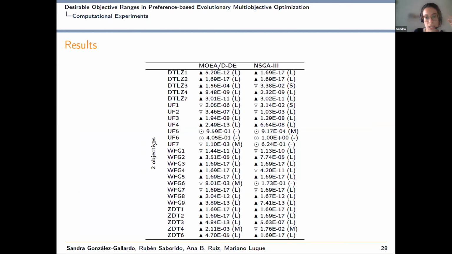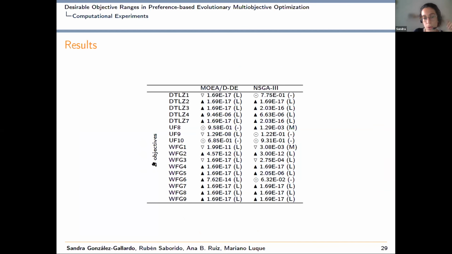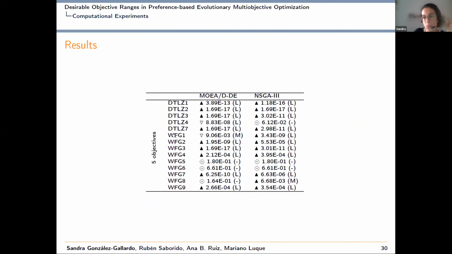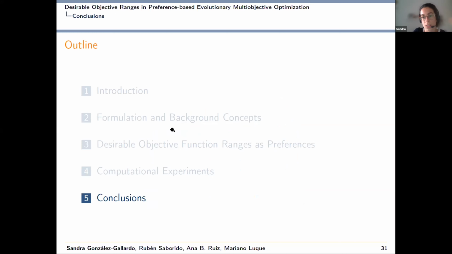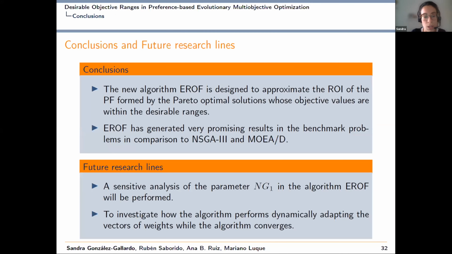So for three objective function problems and for 5 objective function problems. So just to conclude, we propose a new preference-based evolutionary multi-objective optimization algorithm. The new algorithm is designed to approximate the ROI of the Pareto optimal formed by the Pareto optimal solution,